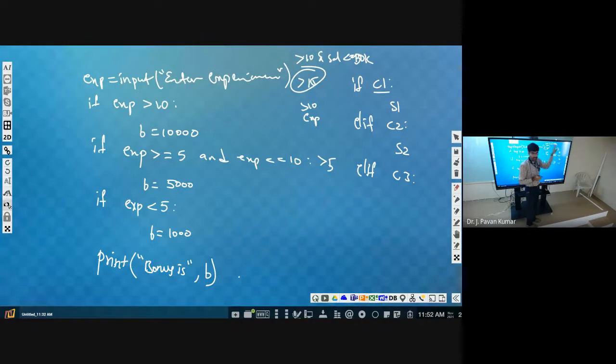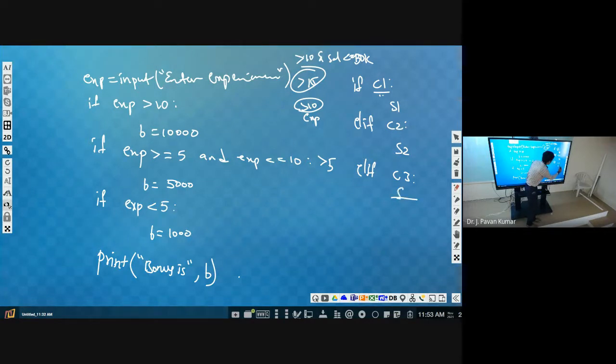Experience is greater than 10, but salary is less than 50k. Then we will be executing this. When this is being checked, whenever C1 is failed, then only it will be checked. Next, when will this be checked? C1 and C2 both are failed, then only C3 will be checked.